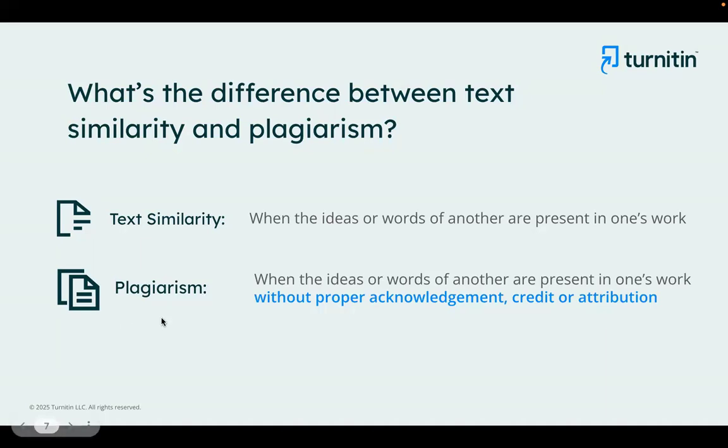So basically, any text which lacks acknowledgement or credibility leads to plagiarism. Here you need to understand that the report you will be getting is a text similarity report, which will highlight all the similarity matches, all the similar text, and all the matching content with their relevant sources. In order to find out plagiarism, it's important that you analyze these similarities and then find out if there's any plagiarism in the paper or not.